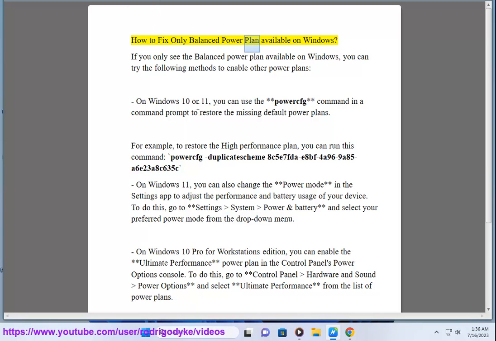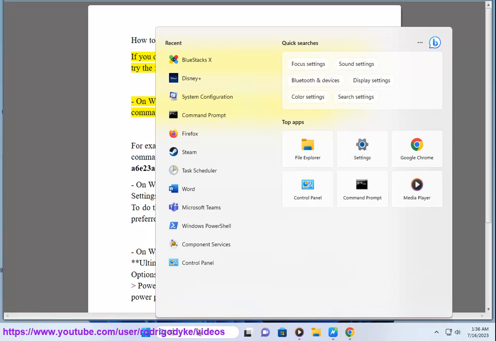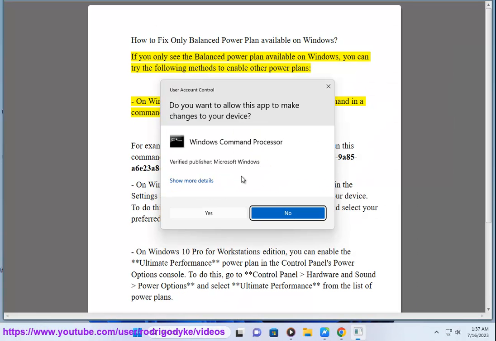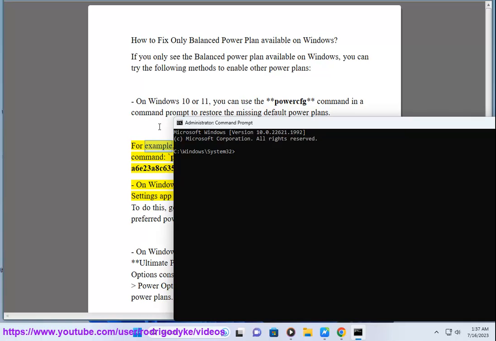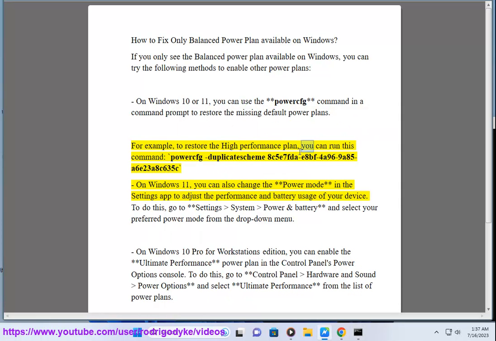How to fix only balanced power plan available on Windows. If you only see the balanced power plan available on Windows, you can try the following methods to enable other power plans. On Windows 10 or 11, you can use the powercfg command in a command prompt to restore the missing default power plans. For example, to restore the high performance plan, you can run this command: powercfg duplicatescheme